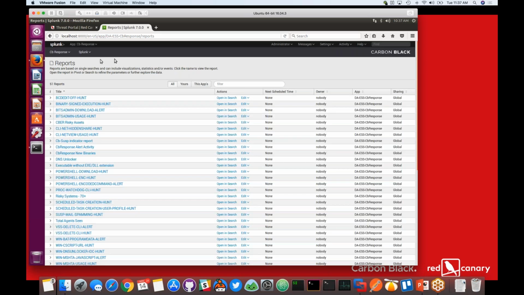So what I did, if you're not familiar with Splunk, I went into the Carbon Black Response Splunk app here. I clicked on the Splunk tab, and I went to reports. This report is all of the saved searches that are built in here. And in the latest update that I pushed, I renamed all of our saved searches to be easy for everybody to come in here and find out which ones are made for hunting. So you want to find binaries that are signed and executing in the environment.